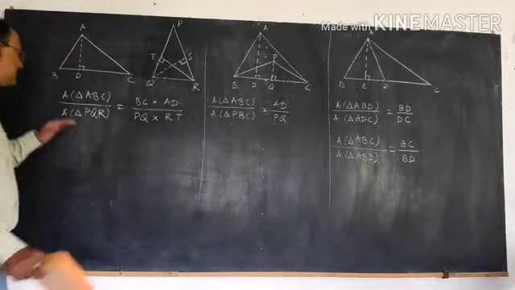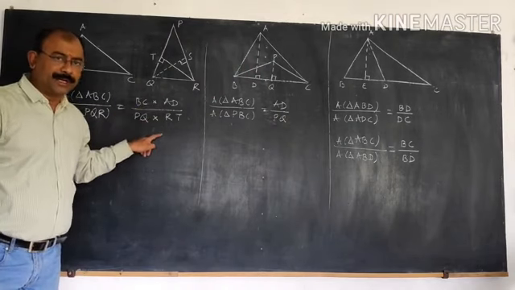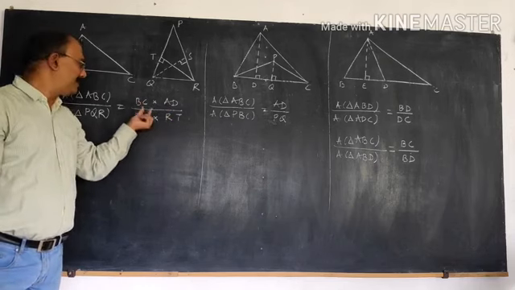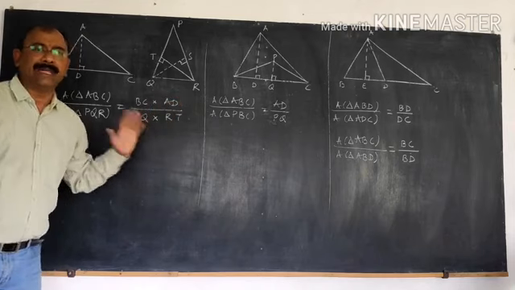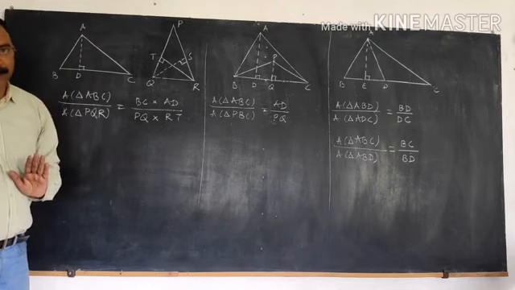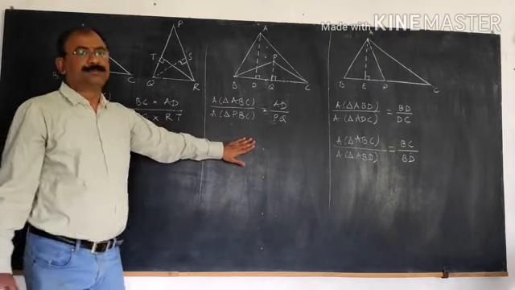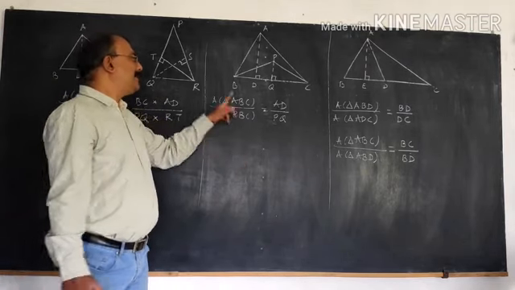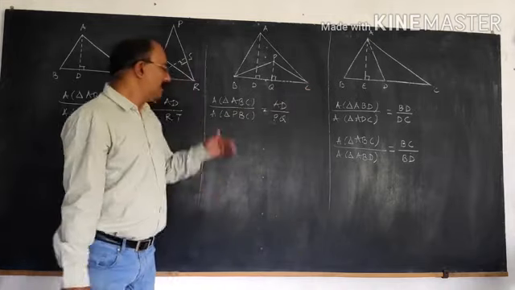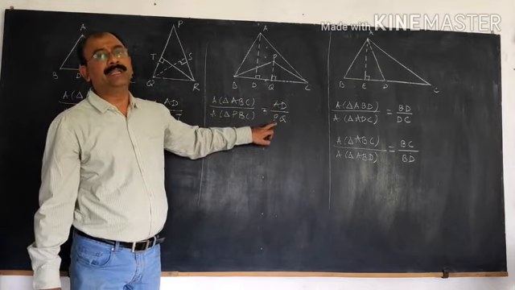So let us summarize the three properties. Take any two triangles, ratio of their areas is equal to the ratio of products of bases and corresponding heights. You can take any base, but the height will be fixed for that base. This is the first one. This property modifies to the second property, which says that if the bases of the triangles are same, then the ratio of areas is equal to the ratio of corresponding heights.